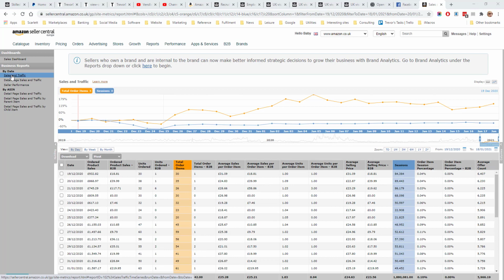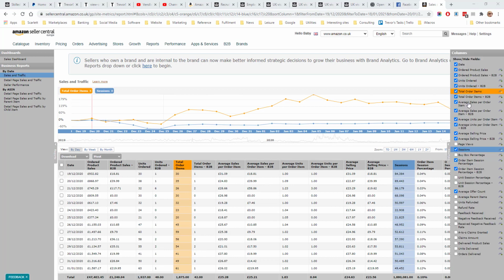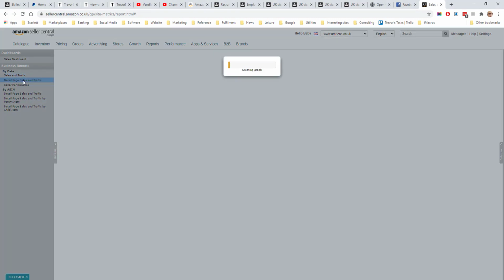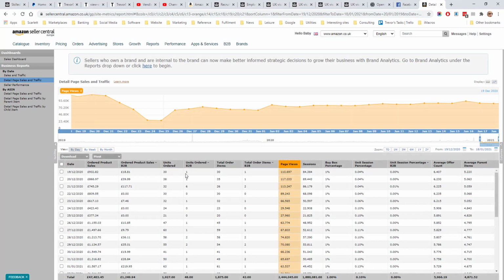The 3 different reports here, which are shown under the by date heading, all have the same data which is available here in this list of columns. The Sales and Traffic one focuses on the account level performance, so the ordered product sales and the units ordered, for example. The second one here, Detailed Page Sales and Traffic, looks at the performance of individual pages, has for example your page views,